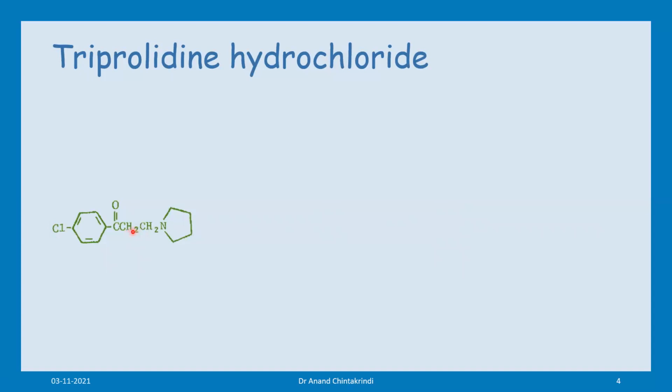This keto derivative is formed from chloroacetophenone, formaldehyde, and pyrrolidine. So this is a kind of Mannich reaction. This is the Mannich base, which is formed from the chloroacetophenone, formaldehyde, and the pyrrolidine. This is reacted with 2-bromopyridine and magnesium. So in situ, it forms a Grignard reagent, that is pyridine magnesium bromide,